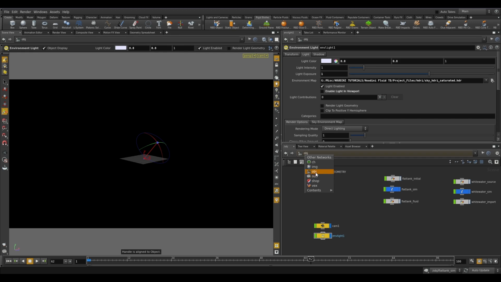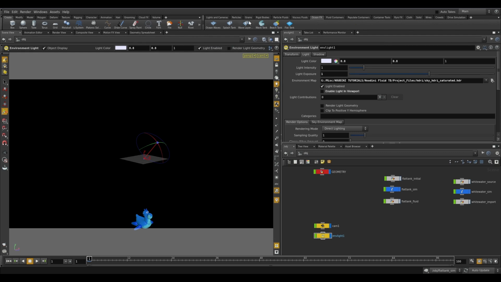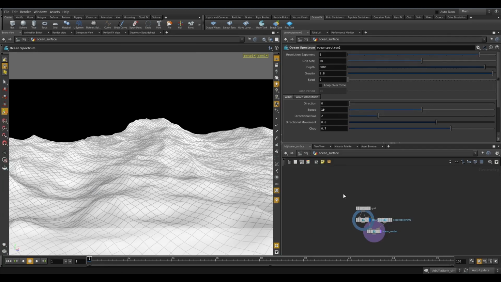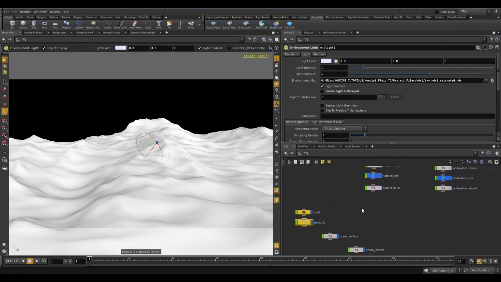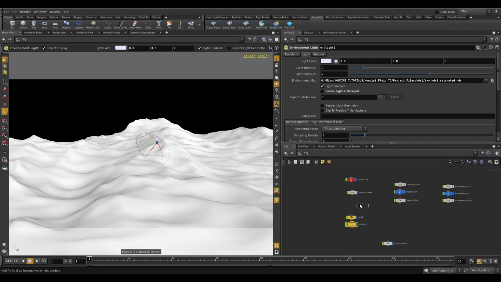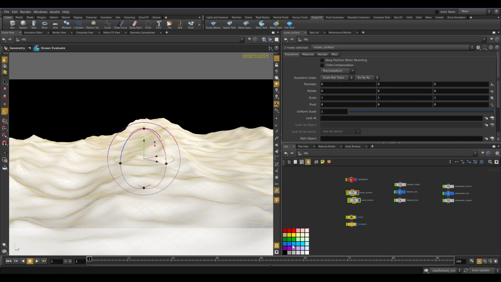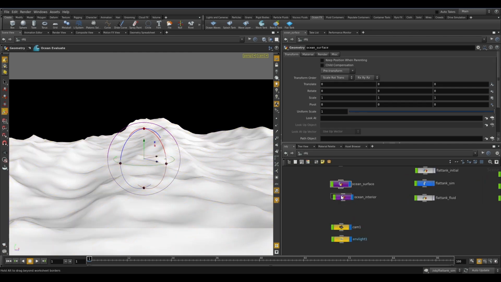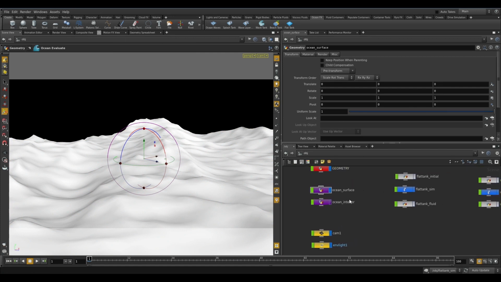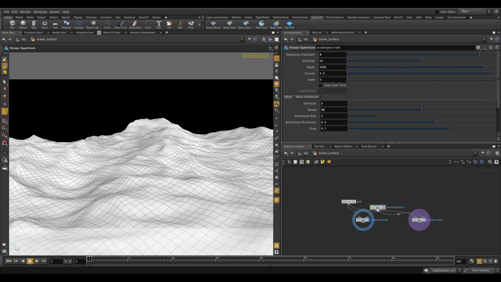So the next thing I'm going to do is go to ocean effects, create a frame ocean waves. As you can see, press L, it opens automatically. Let me just organize this, make this here, maybe change the color. I can disable the ocean interior for now, so it's faster to render. Alright, let's jump inside the ocean surface, press L,